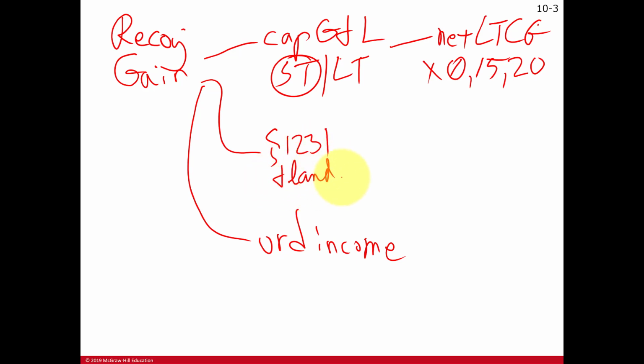And if you have a net Section 1231 gain, that gain is taxed like a long-term capital gain. If you have a net Section 1231 loss, that loss is deductible against ordinary income. So you may get the best of both worlds when you have a Section 1231 asset being sold, except in